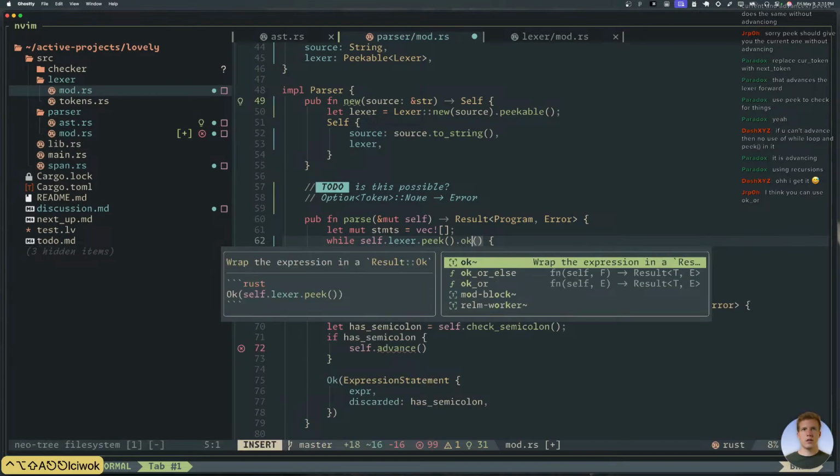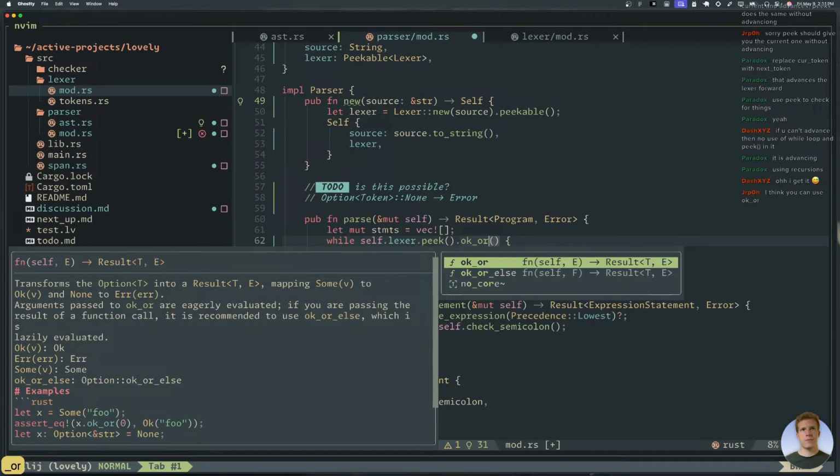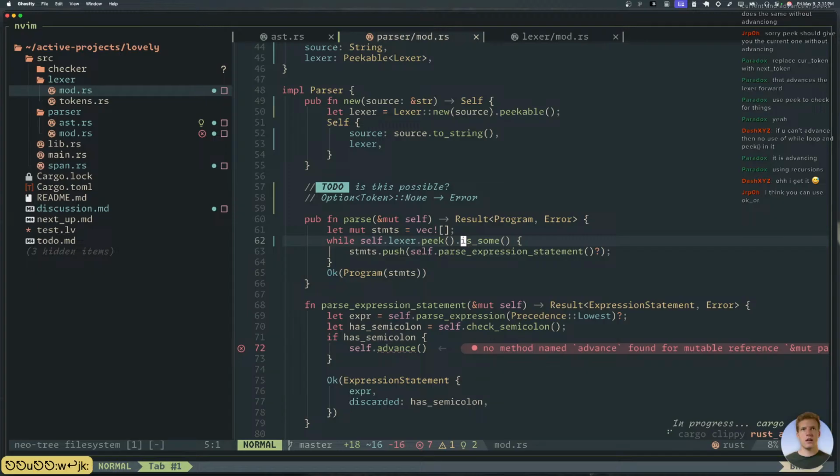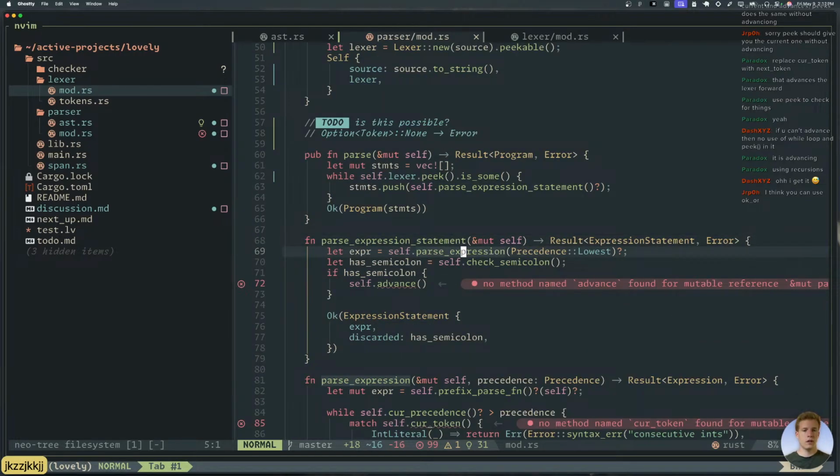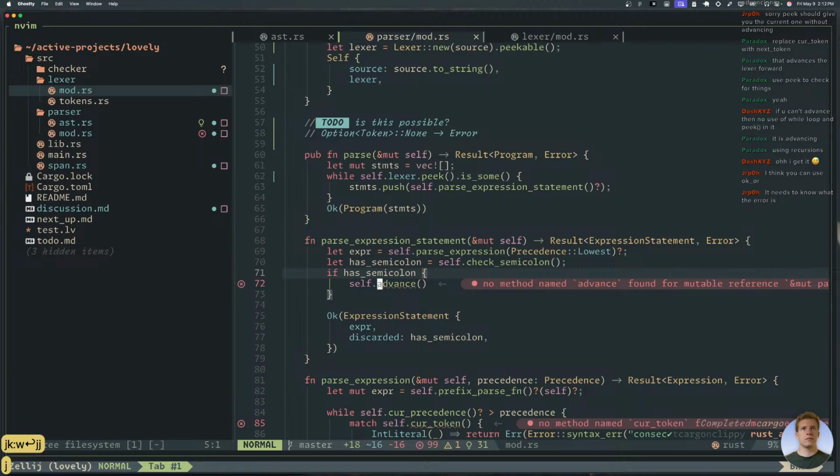Well, it is actually kind of one, because then I could question mark it. ok_or. Oh, cool. That's nice. Okay, that is what I want. Awesome. Oh, Jerp said it. I think you can use ok_or. Perfect. That is it. Needs to know what the error is. Gotcha. Exactly, it does need to know what the error is.